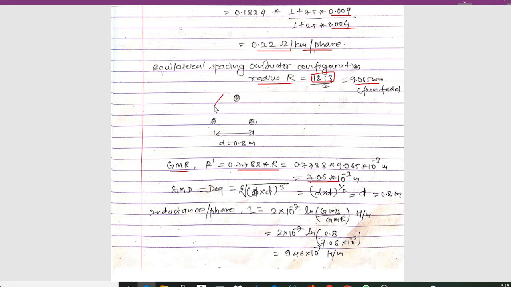From the concept, here we have an equilateral triangle form. From here to here we will have d, and if you go back again we will have d. Similarly, from here to here we have d, and again going back we have d, and from here to here we have d. Similarly, from here to here we have d. So finally we get d to the power 6, and the cube root is under root 6. Hence we can write GMD as follows.